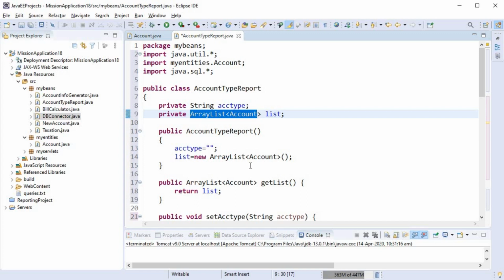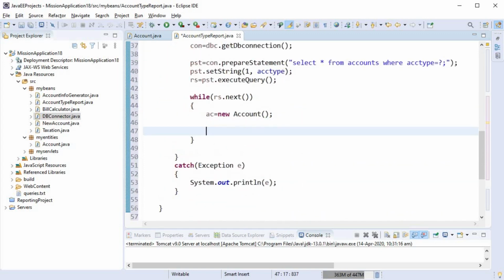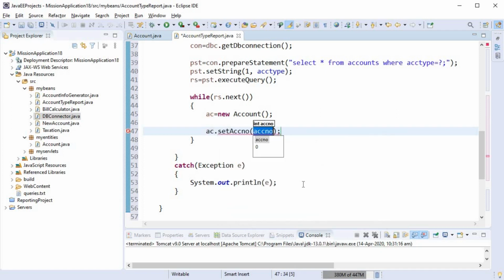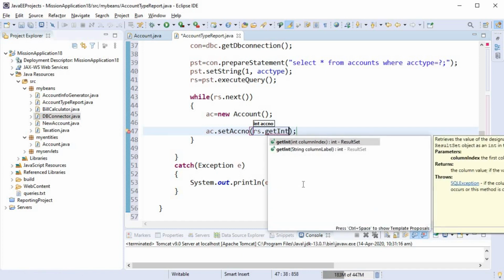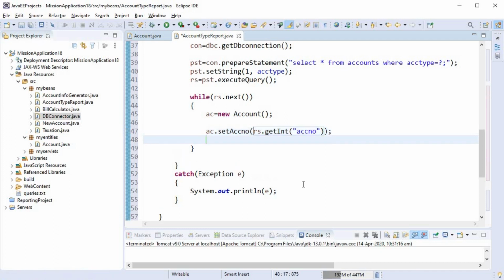Now this mechanism is used by most MVCs. When we do advanced programming with MVCs in Java development, we'll be using the same mechanism. We'll be using an entity class. The data will be put into the object of the entity class, and an array list of all such objects is created and returned from a bean. So this is a very popular mechanism in Java, and that is what we want to learn here. So we have initialized the object of the account class.